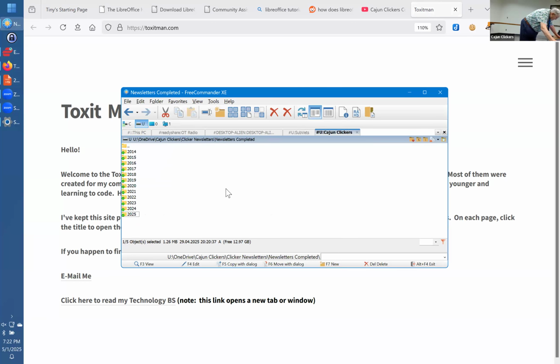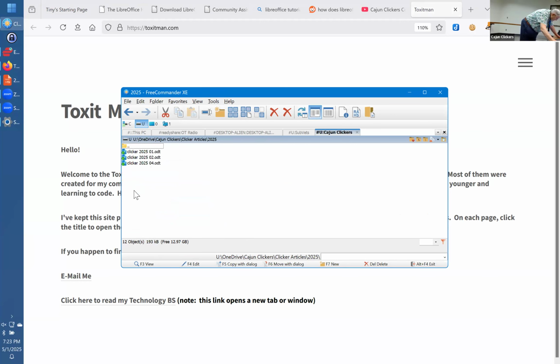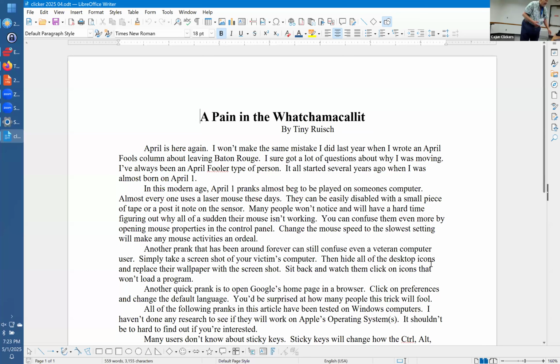I'm going to open up one of these, a lot of other things for the newsletter. I write them all in this. Now, if I want to send it to somebody and they don't have anything that will read an ODT file, which is Open Document Format, I can select File,